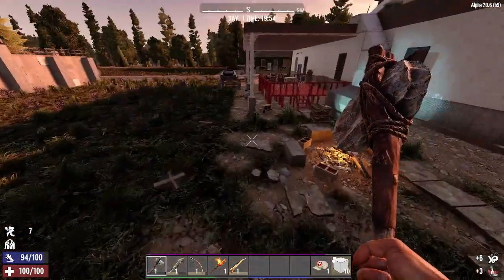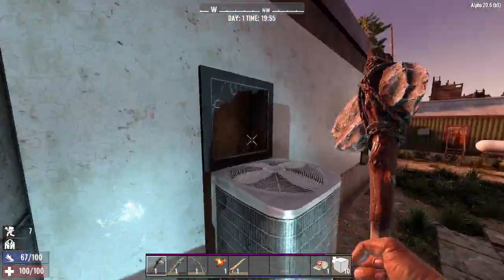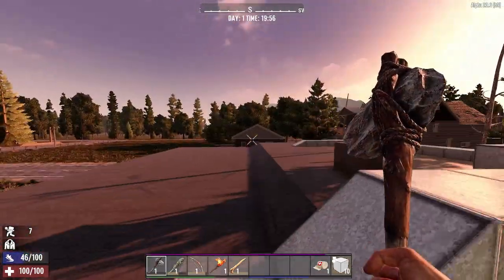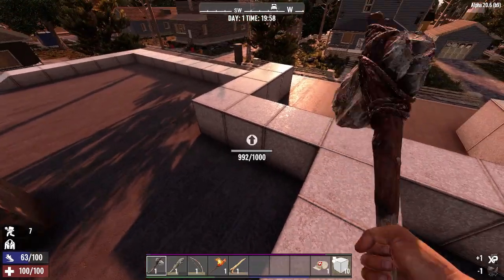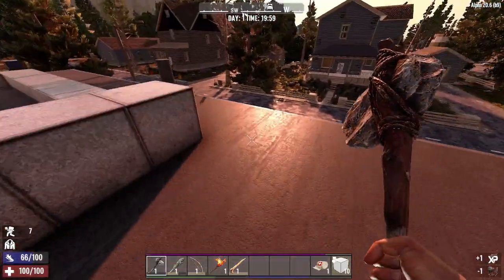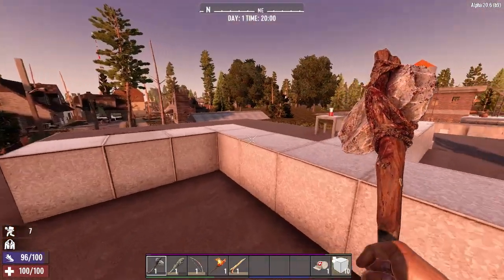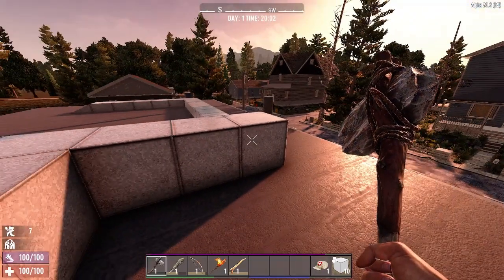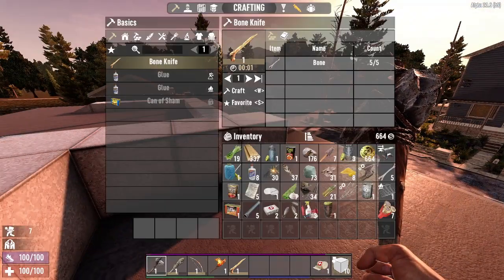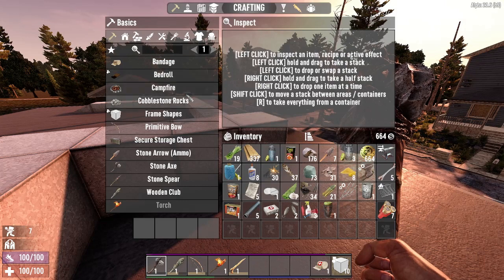Okay, I think that's enough for now. All right, and this is going to be our new home. I will spend a little bit of time putting a chest out so that we can store some stuff, a fireplace, campfire, so we can cook stuff,